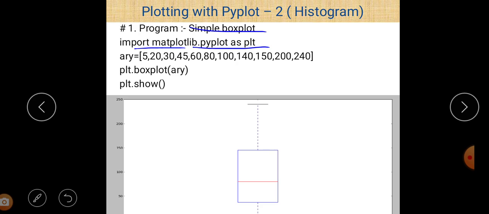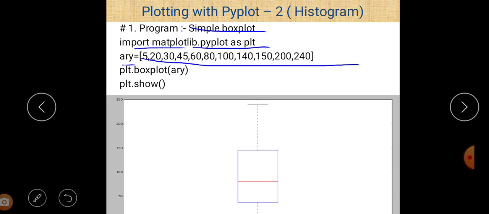So wherever we want to use matplotlib.pyplot, we just type plt in that place. After that, put the dot operator sign, and then after put any method that belongs to pyplot. First of all, one thing that is very compulsory to create a box plot is an array or set of data or any sequence. So we take just a list here which contains different data items, as you can see on the screen.